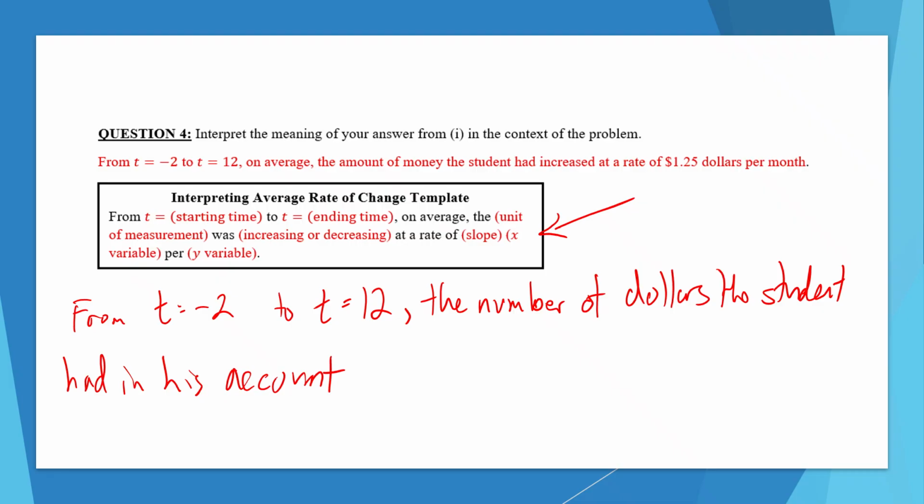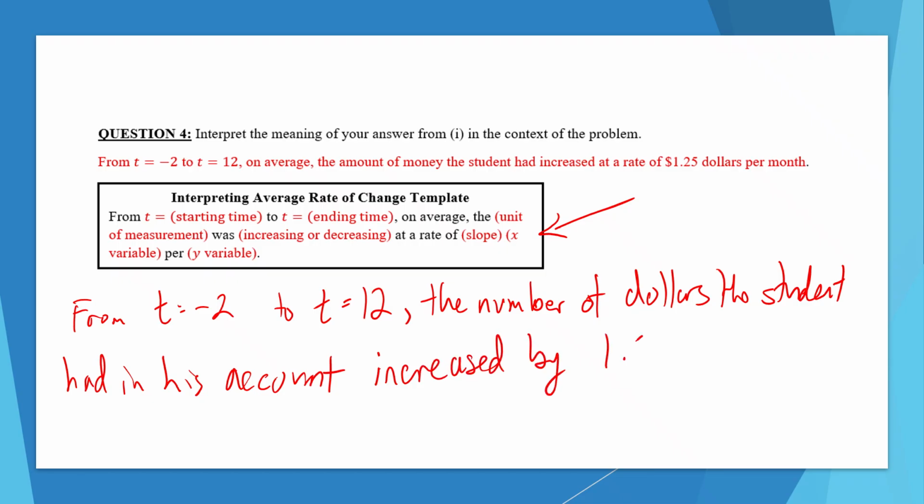And then now I want to say what happened to it. Did it increase or decrease, and by how much? And so here, it increased or decreased is going to be based on whether your slope that you got in question 3 was positive or negative. Here we got positive 1.25, so we are going to say increased by 1.25. If it was -7, let's say, then we would say decreased by 7, not decreased by -7, but decreased by 7. So here, from t equals -2 to t equals 12, the number of dollars the student had in his account increased